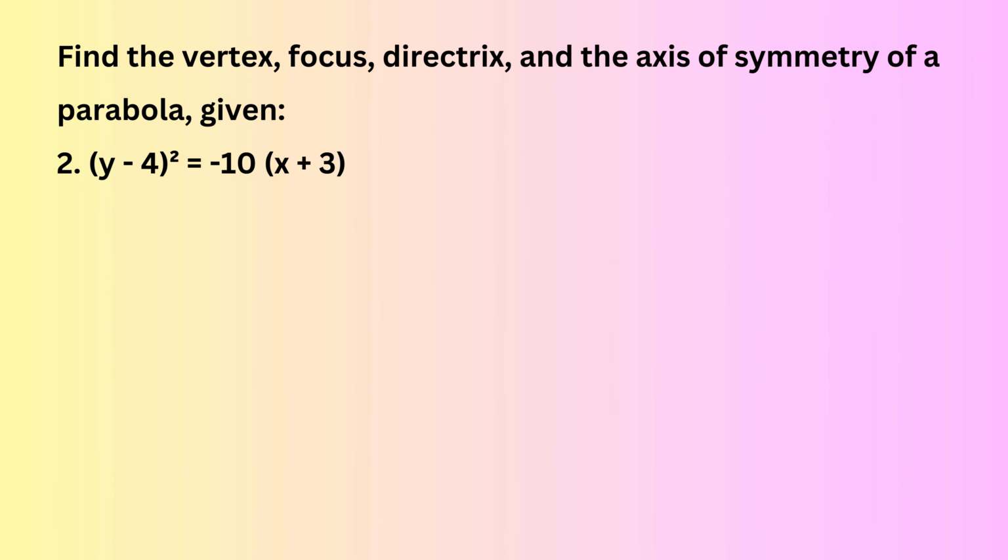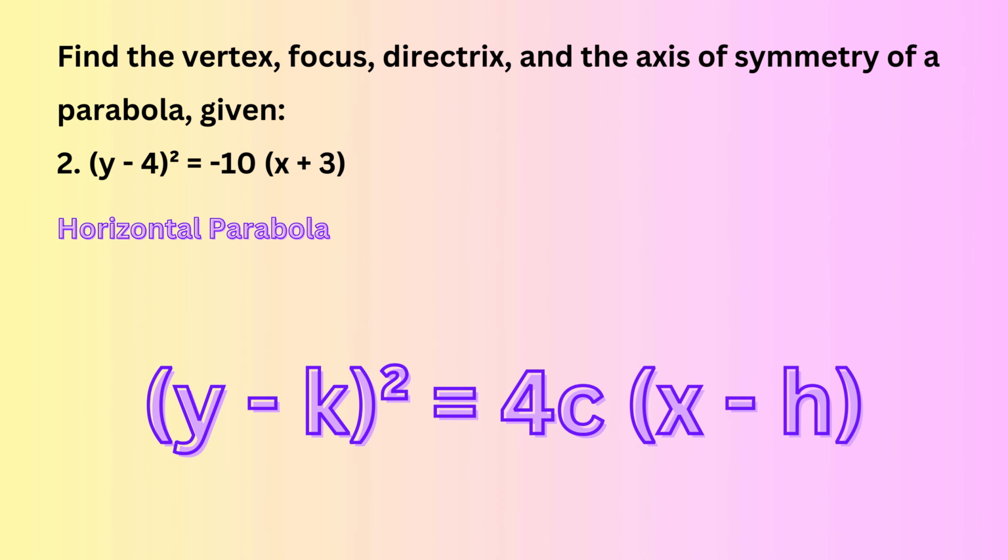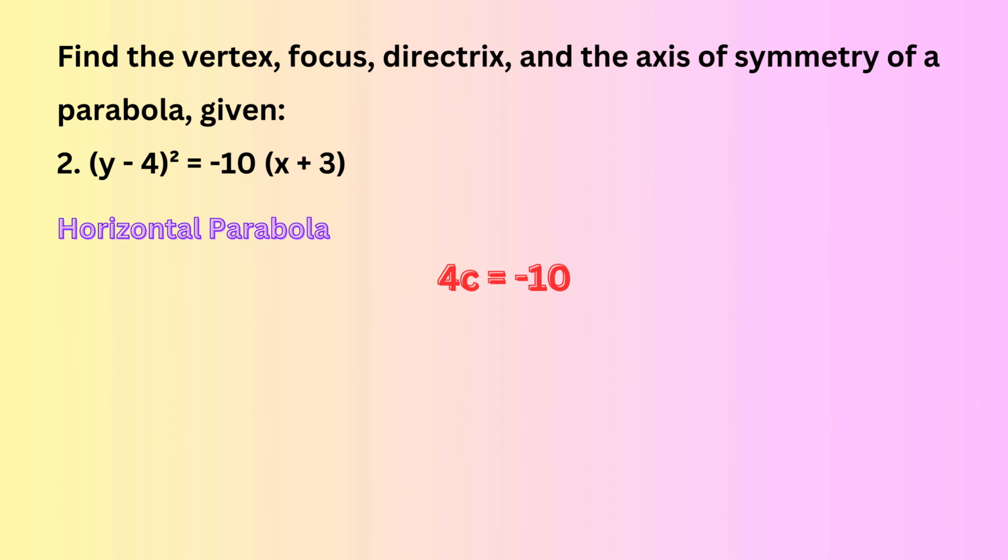Next given is also in standard form, but, as you can see, its vertex is not at the origin anymore. This given is in this standard form, so the parabola is horizontal. As you can see, 4c is the coefficient of x minus h. Therefore, the given has 4c equals negative 10. Solving for c, we have to divide both sides by 4, so that c equals negative 10 over 4, or